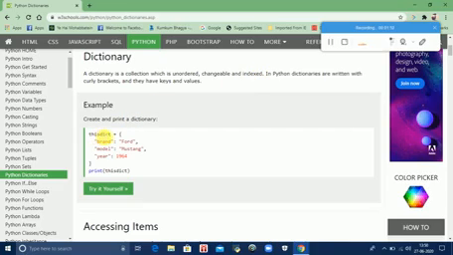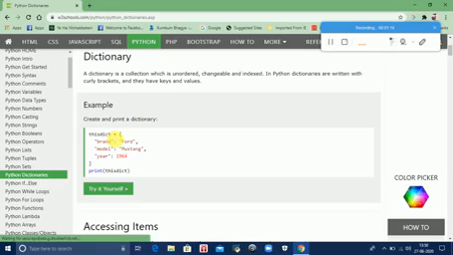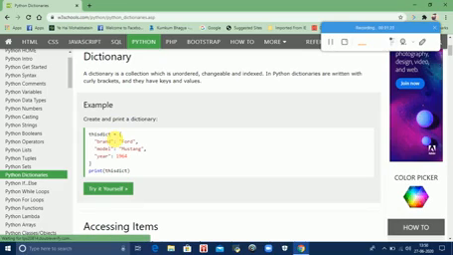So let's see an example. This is a dictionary name, and for starting a dictionary, you have to use the curly braces. So dictionary equals to curly braces start. All these things on the left hand side are the keys and these are the values. You have to close the curly braces. As soon as you close the curly braces, your dictionary will close. To print your dictionary, you have to use the print function, and in round brackets, or you can say in parentheses, you have to write the name of the dictionary.